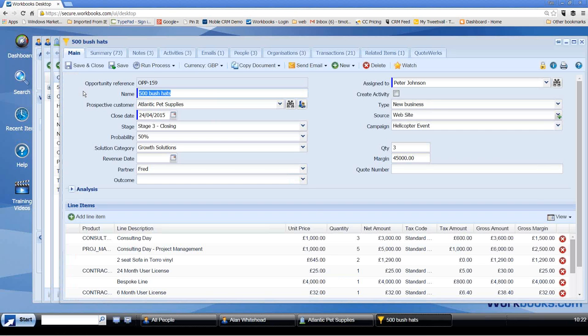So this is a screen now of the sales inquiry, of the job, of the project, of the opportunity. This too can be customized.